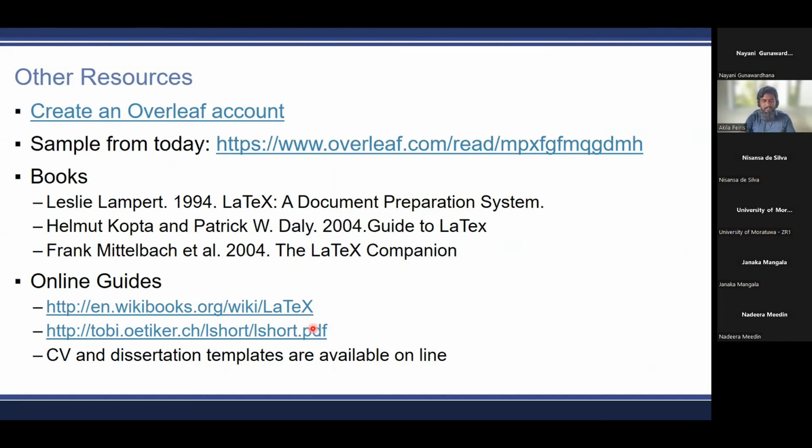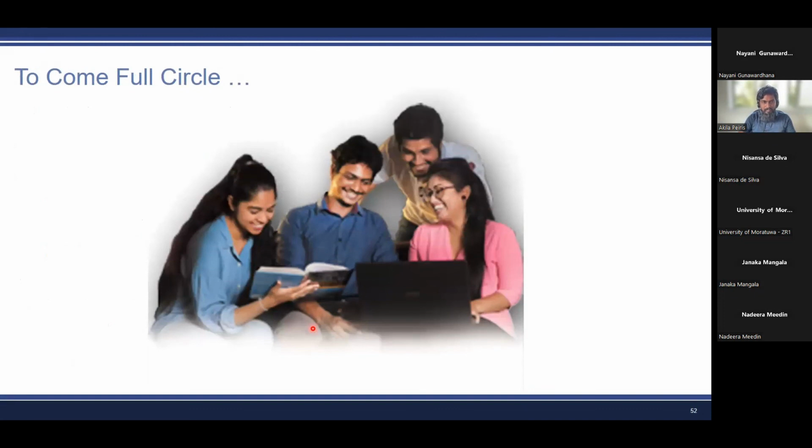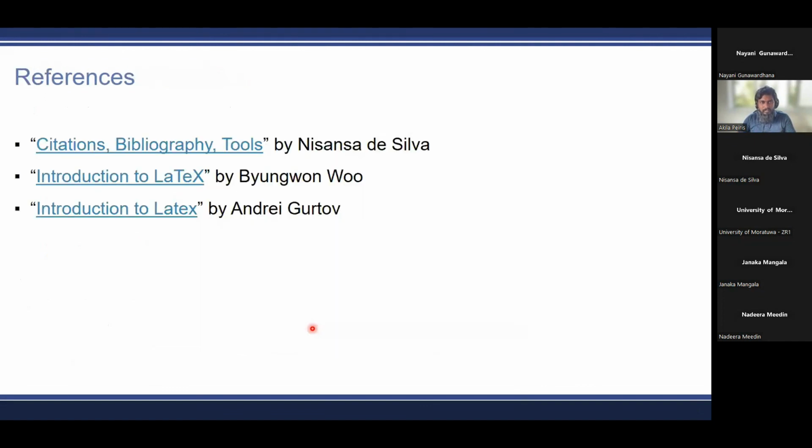And finally, we have come full circle. LaTeX. Remember the previous pronunciation: LaTeX is still what superheroes use, but now hopefully it is you, right? And we have the references here, and thank you very much for coming to this talk. I think the library is going to put this online as well, and we will provide you with the PDF of the slides as well as a recording.